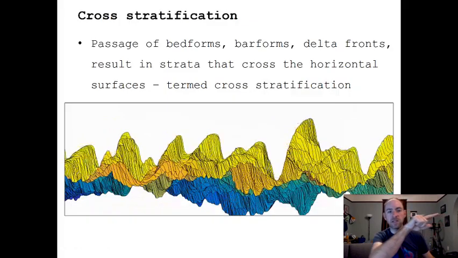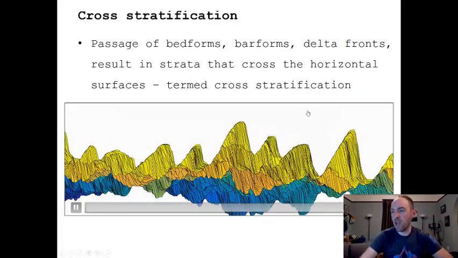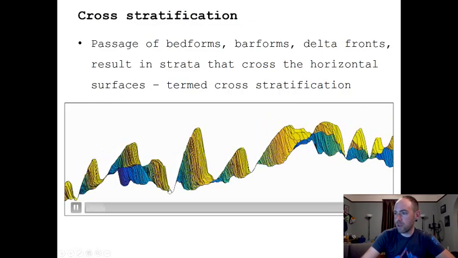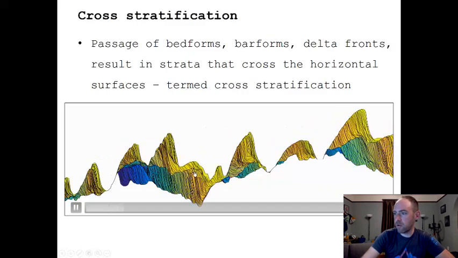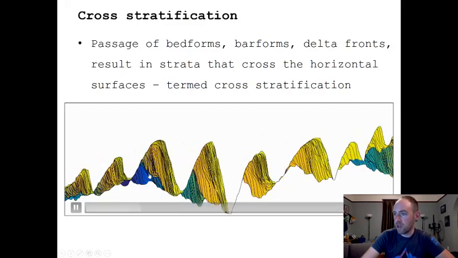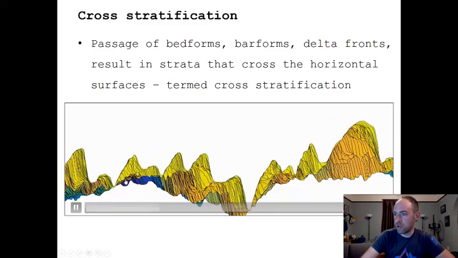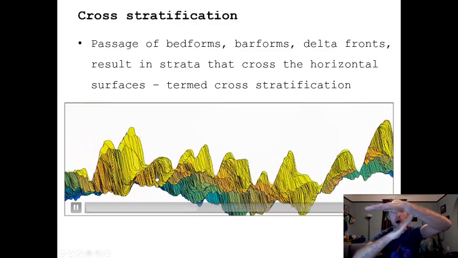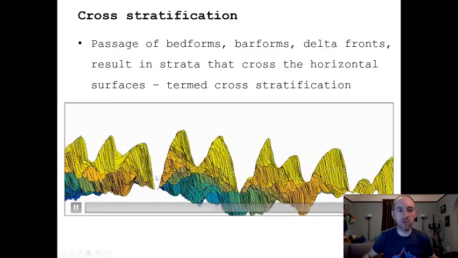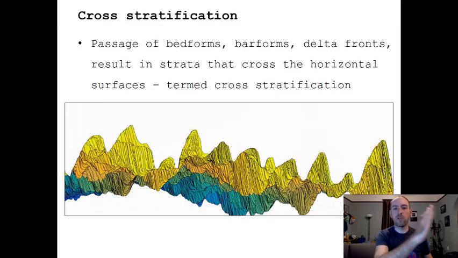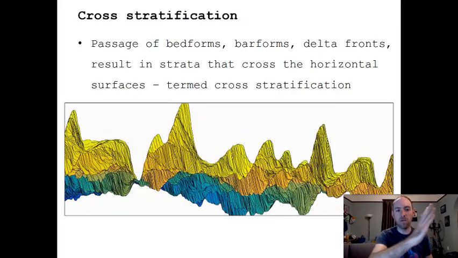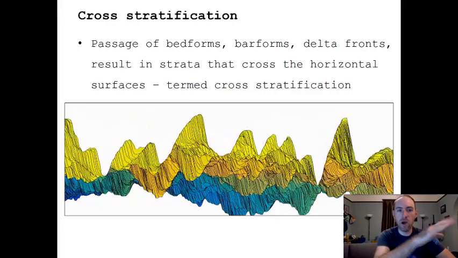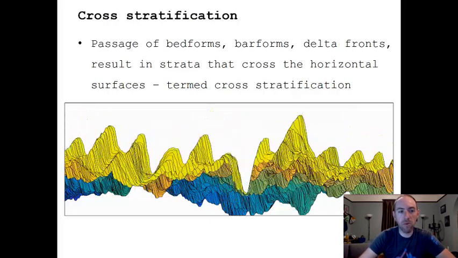And then as subsequent bed forms come by and erode at their scour, in these scour pits at the front of these bed forms where it's an erosional feature, then you might get an erosional surface that cuts across those non-horizontal cross strata. Okay, and it's the original non-horizontal nature of those strata that makes them referred to as cross stratification, so that they'll cut across the horizontal surfaces that might get formed by other processes. Okay,